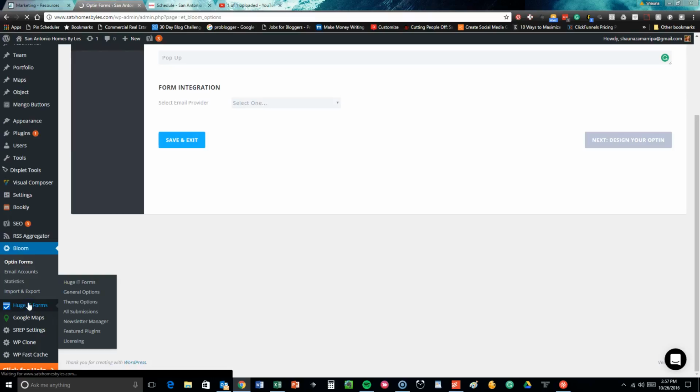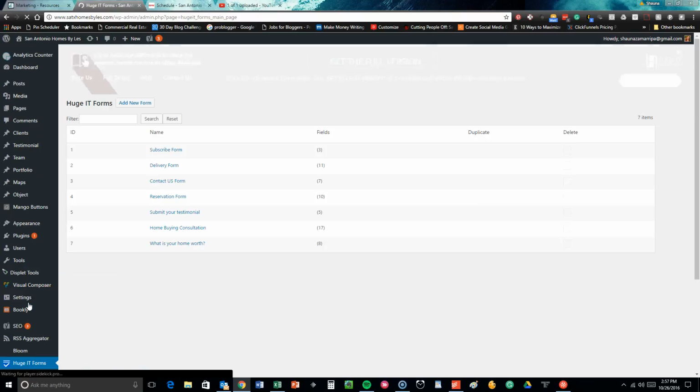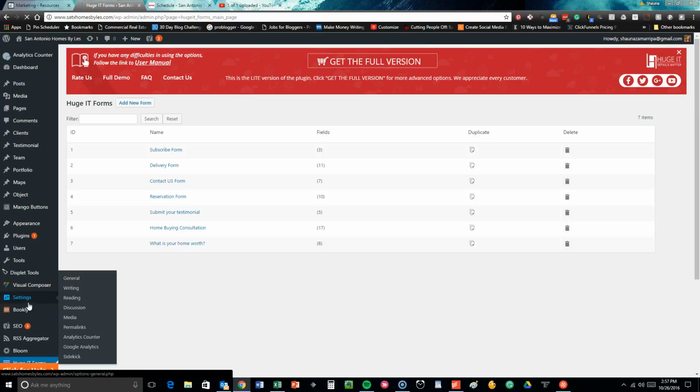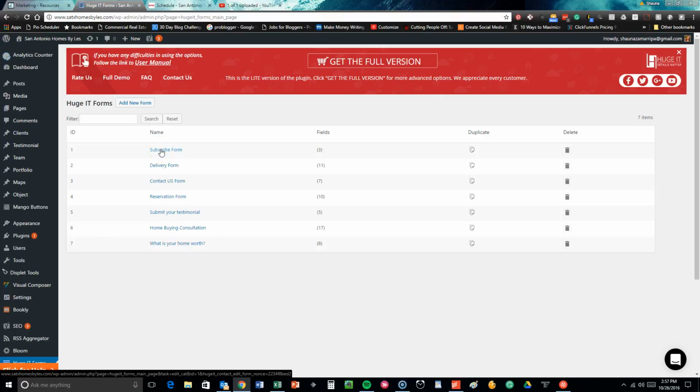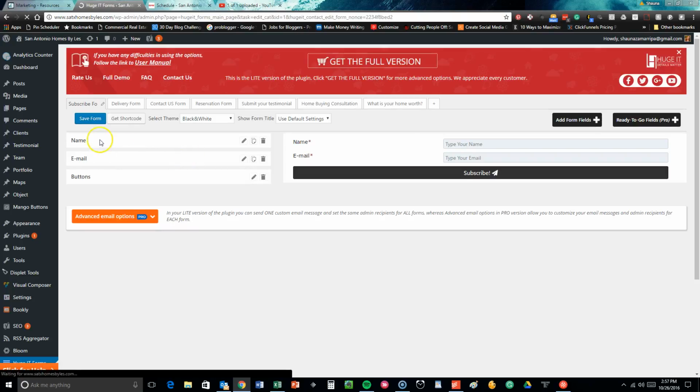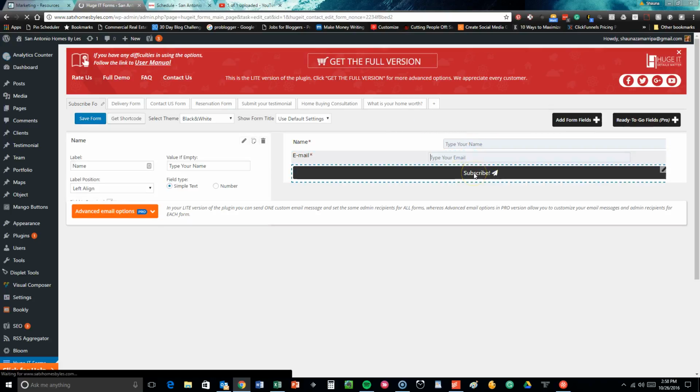Huge IT Forms. This was something I spoke a little bit about before, and this is just showing you the different forms that have been built for your site. Now, the cool thing is you don't have to edit each form on each page. Once you edit a form, it goes across the board to each one of your forms throughout the site. So if you had your subscribe form on, let's say, 5 or 6 pages, it's no biggie if you had to edit it, because you could just go in here to the subscribe form,